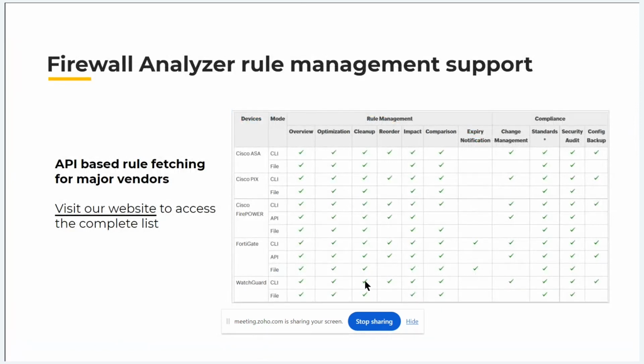So what you see on the screen is just some of the firewalls that are supported here. However, this list is not restricted to this. This list is very exhaustive. To view all of these devices and to check if the device that you're using in your environment supports all of the features of Firewall Analyzer, I would